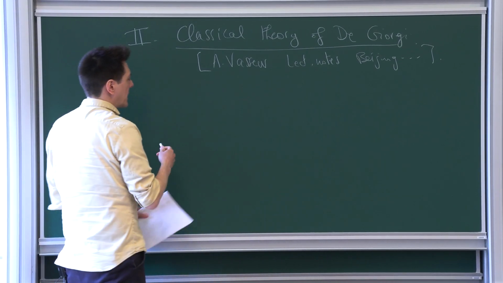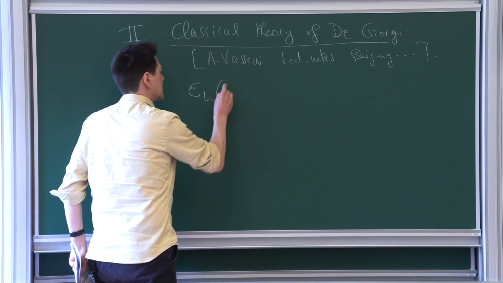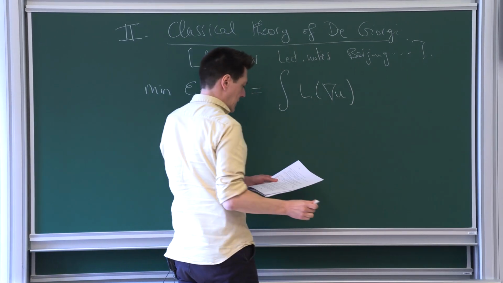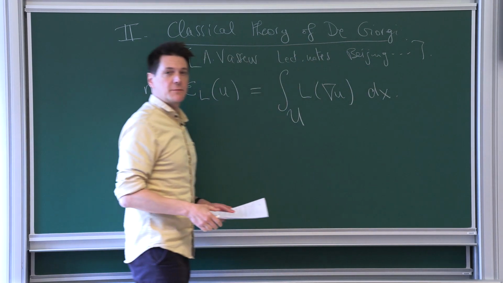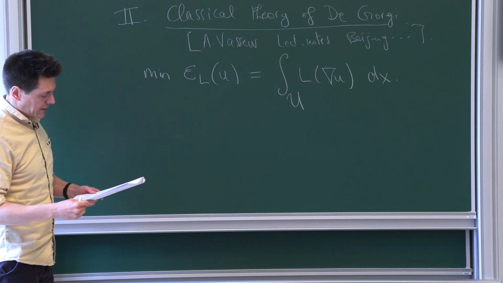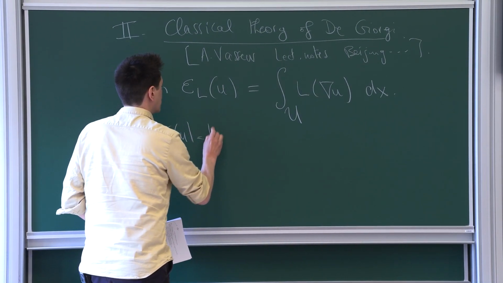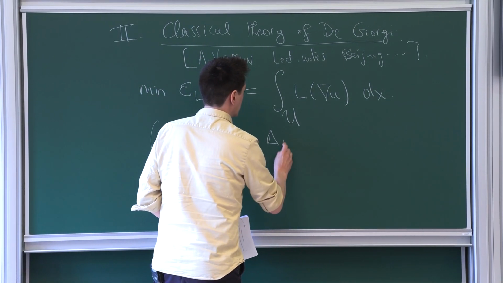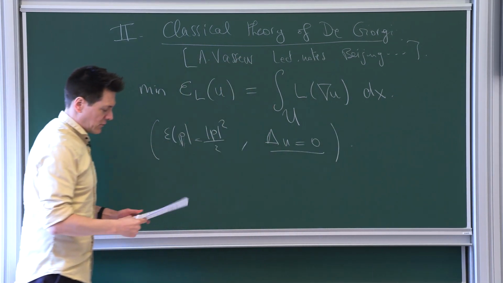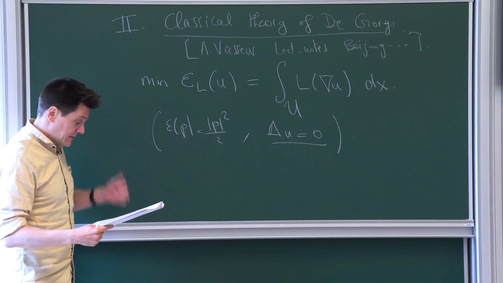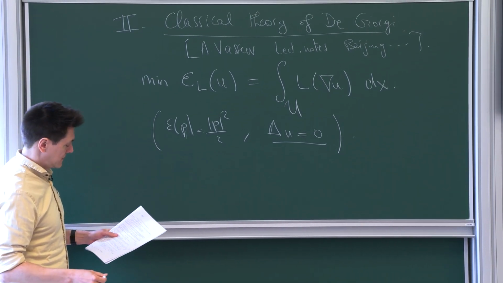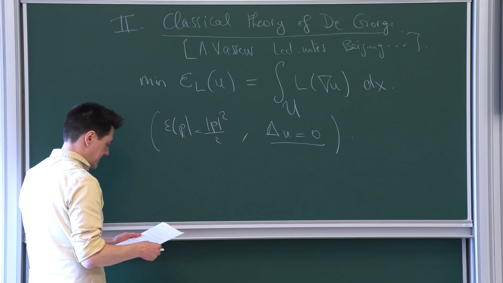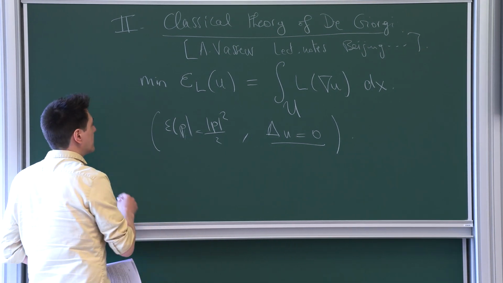Okay, so let's go back, as a little refresher, to the minimization problem we were considering. I look at this minimization problem on a domain U, and you remember, if I simply considered the Dirichlet energy, we are looking at the Laplace equation as the Euler-Lagrange equation, and then you have all the ellipticity theory here. So the first thing is,